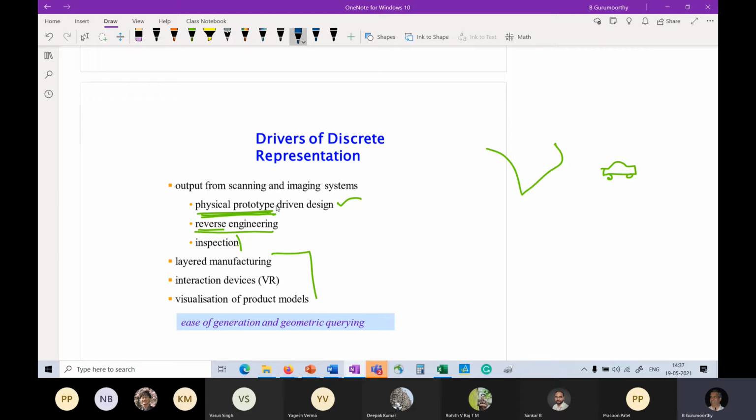Now, unlike the example that we saw in the beginning of the class where the draftsman will go with their protractors and dividers and scales, here I now have technology which will generate points on the surface by the millions. The scanners and the range cameras.